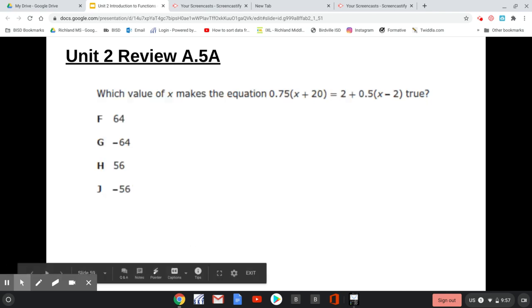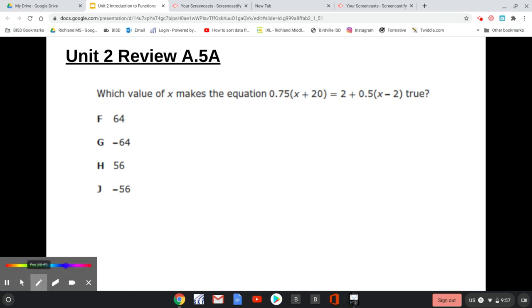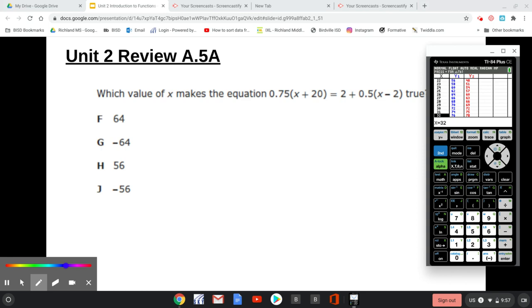Okay, here's another one. And we have answers to choose from, so I'm going to do it the same method. Here's my calculator. I'm going to hit y equals. I'm going to put in 0.75 parenthesis x plus 20. Close the parenthesis,